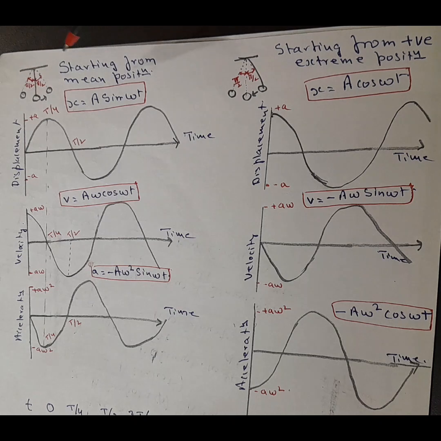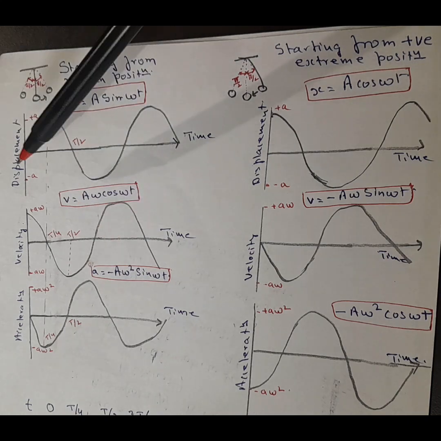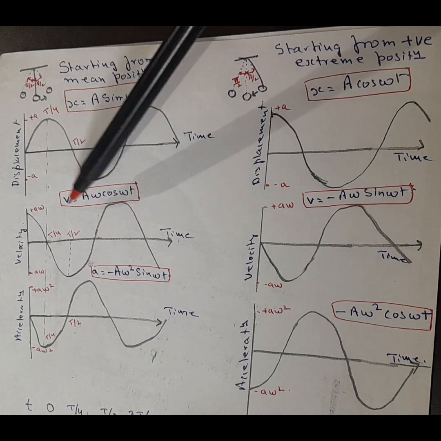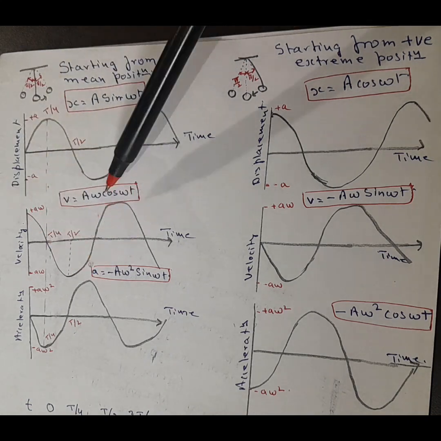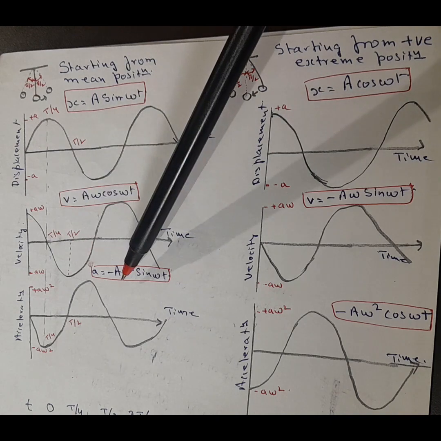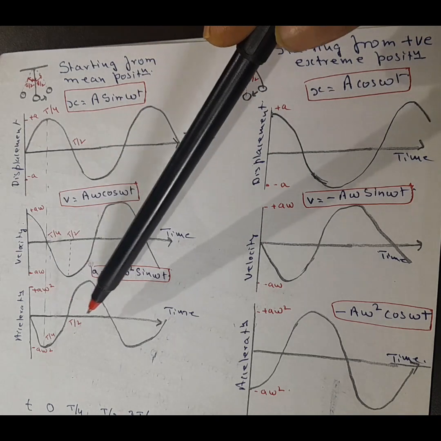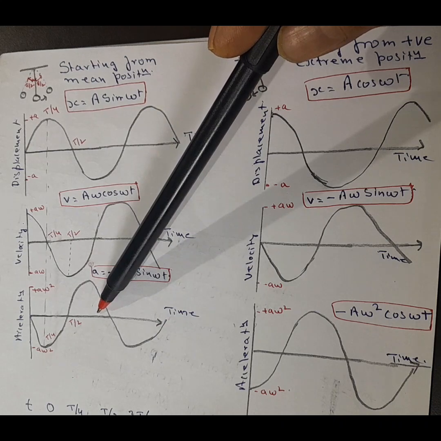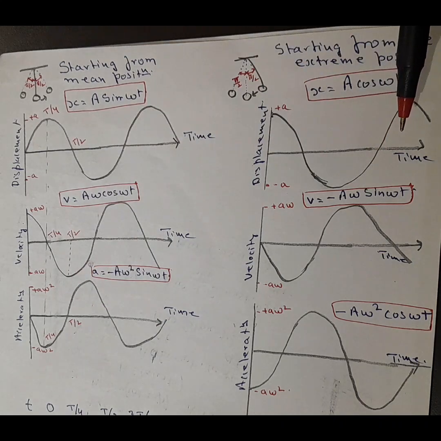Now starting from mean position, this was the equation, this was the curve, one below the other, so better to understand. And for velocity, we already derived, this was the curve, a cos curve. And then again for acceleration it was a sine curve. So similarly here when we talk about